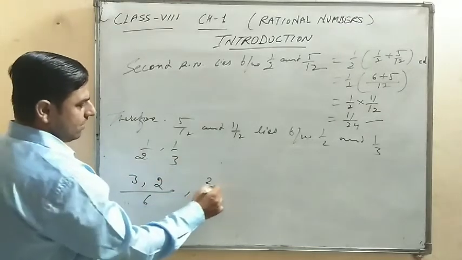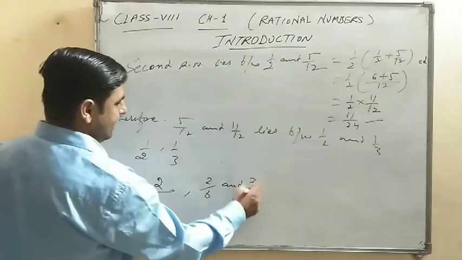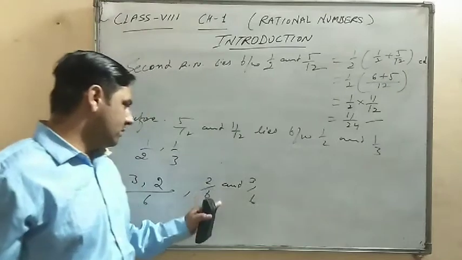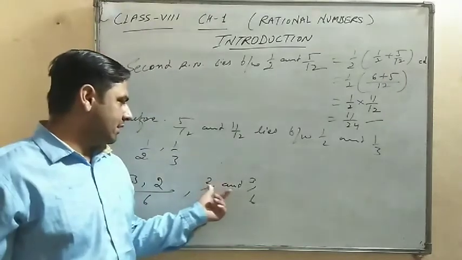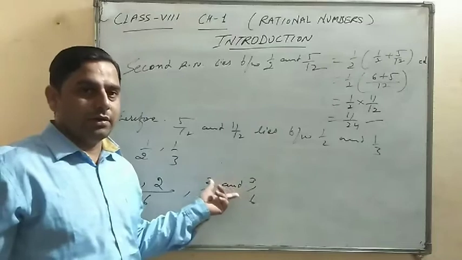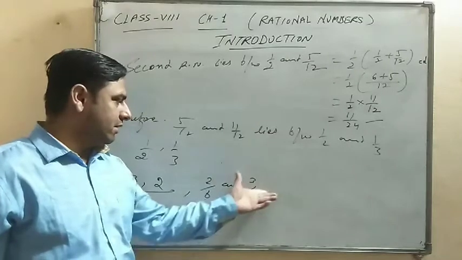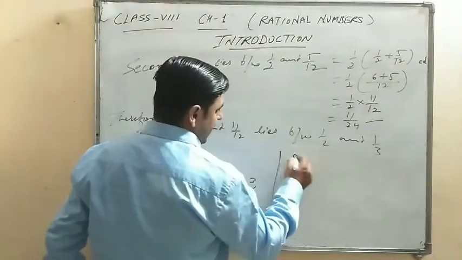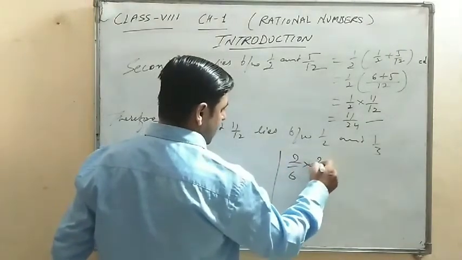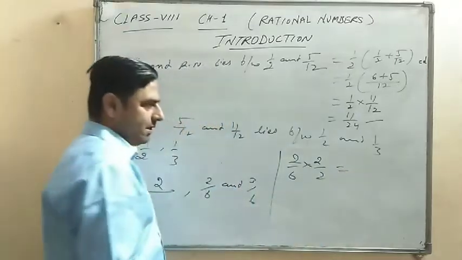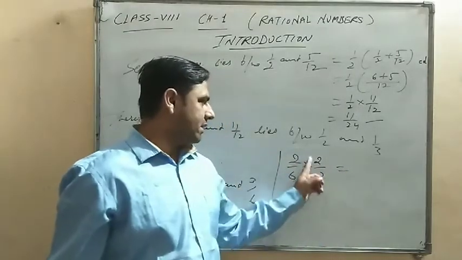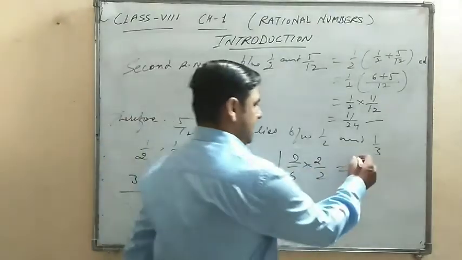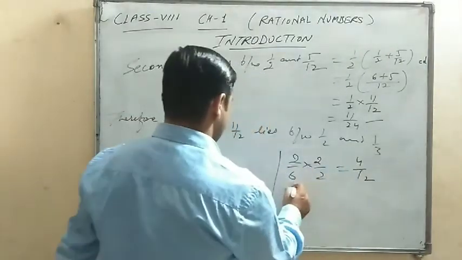So you know very well 2/6 and 3/6. So after that, here you know 2 and 3. And after 2 just 3 comes. So you can multiply both numbers again by a similar number. Its numerators and denominators will multiply. You can multiply by 2. So the result is 4/12 and